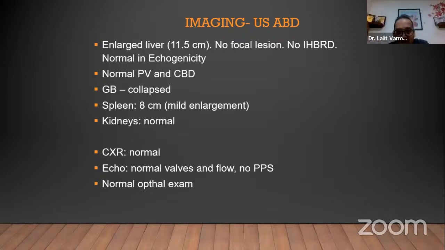So two things that we always did: check ceruloplasmin. If it is less than 5, it is definitely Wilson's. Second, which will give you an instant answer, is your KF ring. It can be there in other conditions, but when you have a liver problem with jaundice, then definitely look for a KF ring, because 24-hour urine copper takes time. If I do a biopsy, it's going to take some time. So an immediate answer is given at least by these two.